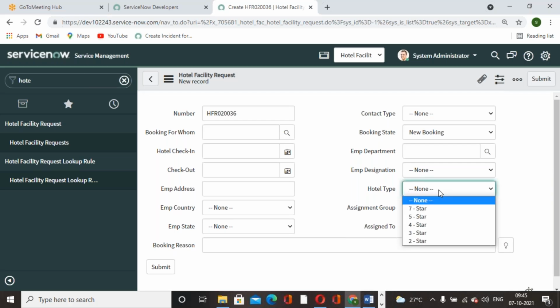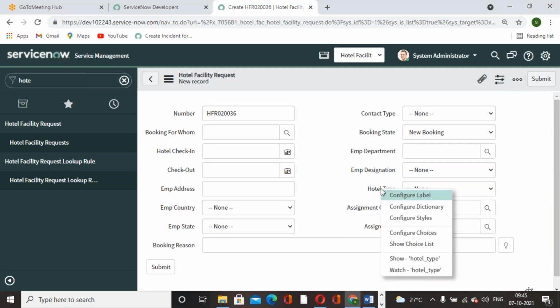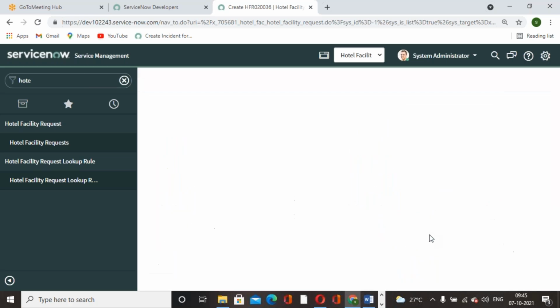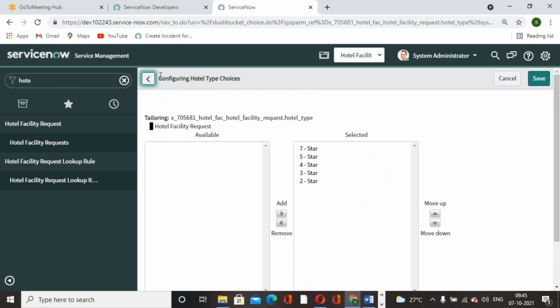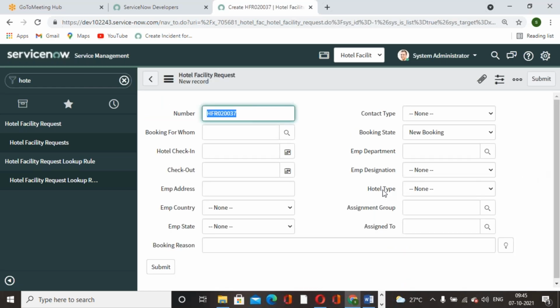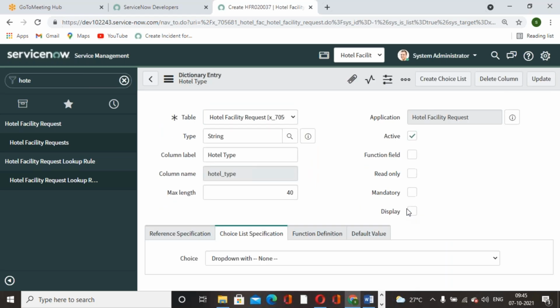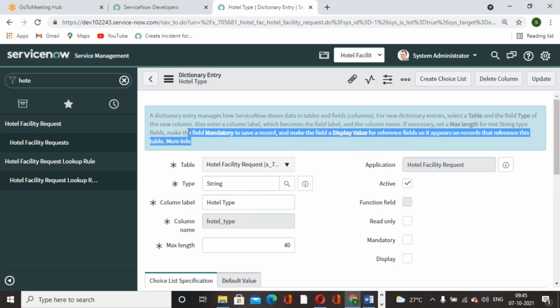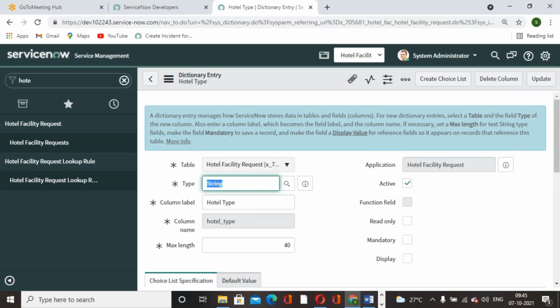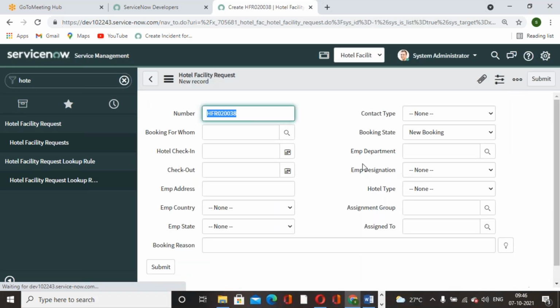Hotel type is also a choice, not string. And that is a problem. So in the lookup rule definition table it's a choice data type, but here it is string. That's why I think it's not allowing me to create in the